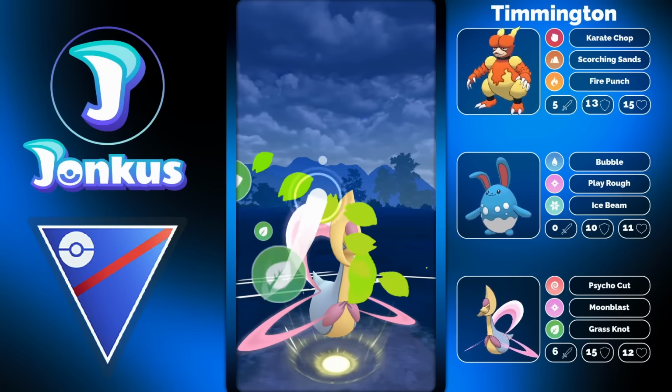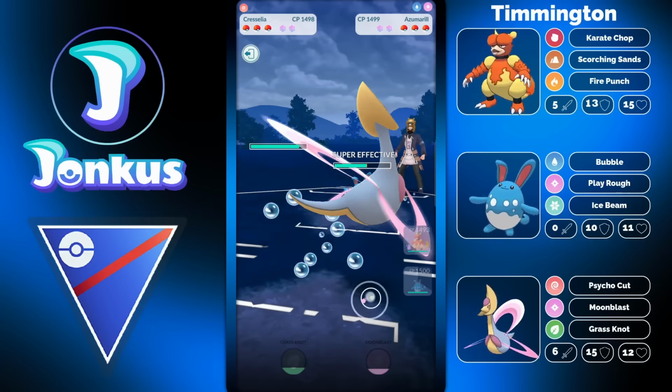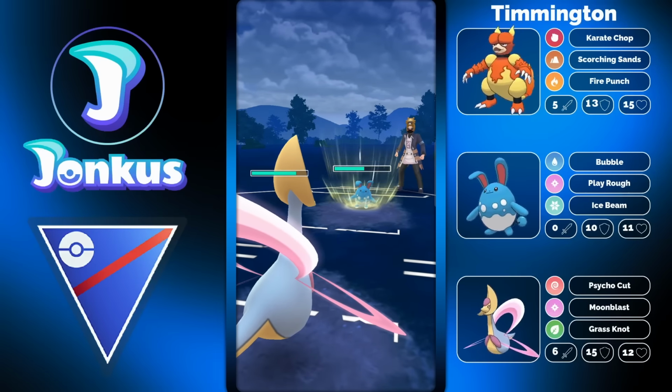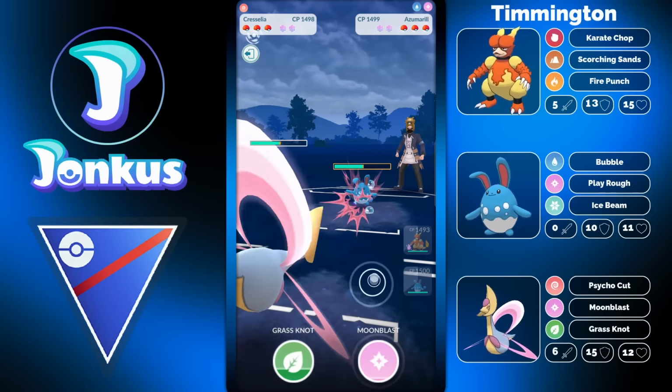And of course, Magmar is quite interesting for two reasons actually. The first one is Karate Chop, which is the obvious one. The other one is actually the coverage that it has in Scorching Sands. Scorching Sands is a move that recently got added as well to the game, and also Magmar got it and